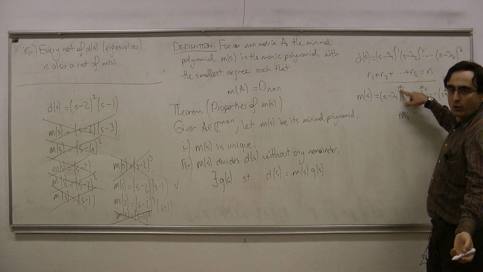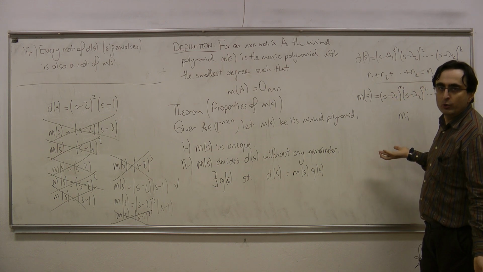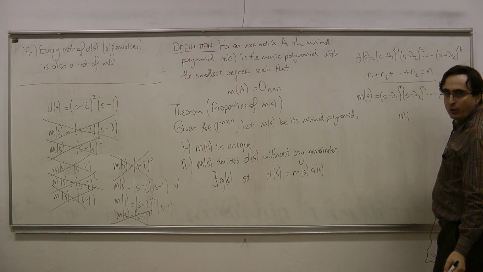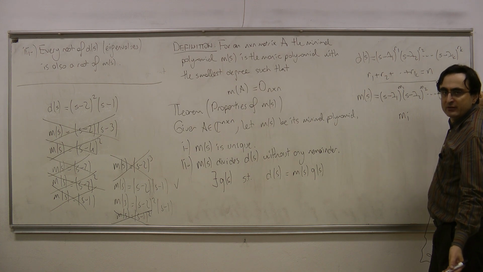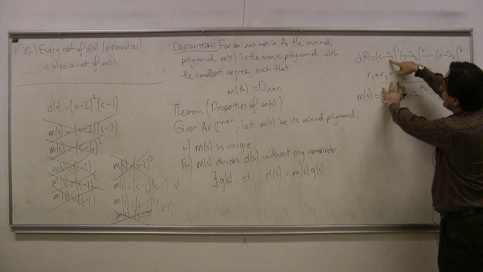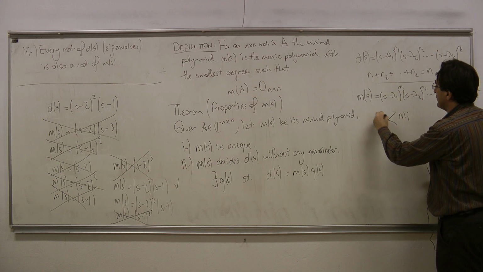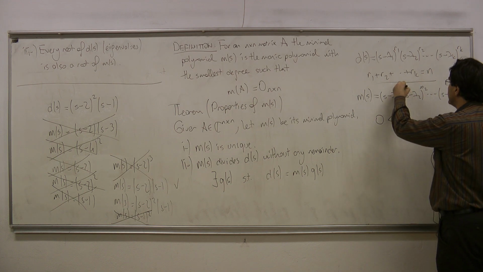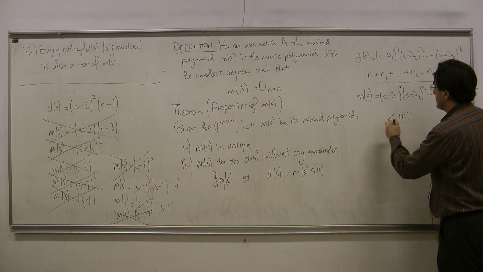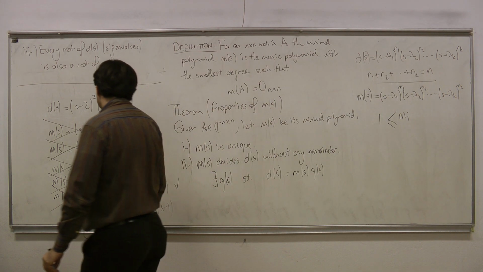Obviously, these are 0 or positive numbers. They cannot be negative numbers. Otherwise, if these are negative numbers, that would not be a polynomial anymore. Okay? So I have m1. Can m1 be equal to 0? It really cannot, right? Because if m1 is equal to 0, then lambda 1, which is a root of d of s, would not be a root of m of s anymore. Okay? Therefore, these mi's are always larger than 0. They are integers, and they have to be at least 1. So maybe I can write greater than or equal to 1. Okay? And